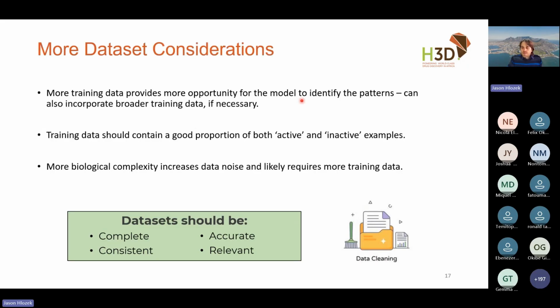A few more points to mention. Of course, the more data you have, the more opportunity you're giving the model to learn the patterns. If you have very few data points, it's going to be very difficult for your model to generalize across more chemical space. The natural question is always how many compounds do you need to train a model? And that's quite difficult to answer, but normally a good starting point and minimum, absolute minimum would be, say, 30 to 40 compounds, but ideally you would have hundreds if possible.